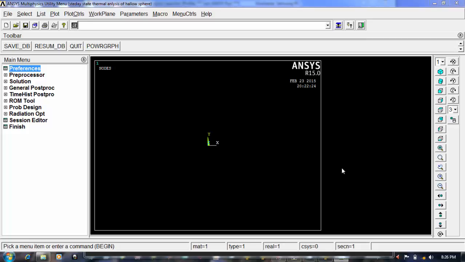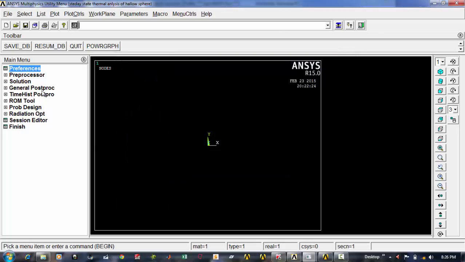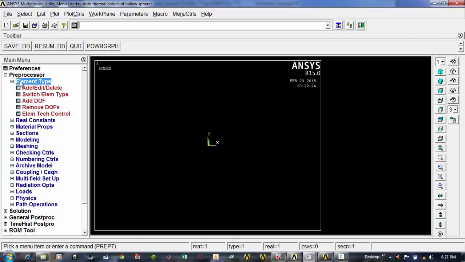Hi friends, this is Rakesh and today we are going to perform a steady state thermal analysis of a hollow sphere using ANSYS 15, right? For that, go for the preferences and select thermal because this is a thermal analysis, right? Press OK. What happens is that the selection filters out all the options that are not required for performing a thermal analysis, right? Now go for the preprocessor, go for the element type, and for this